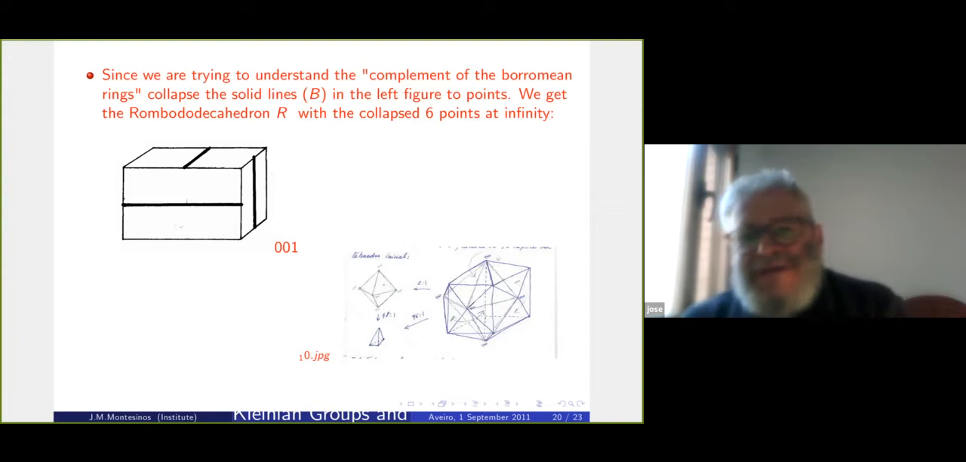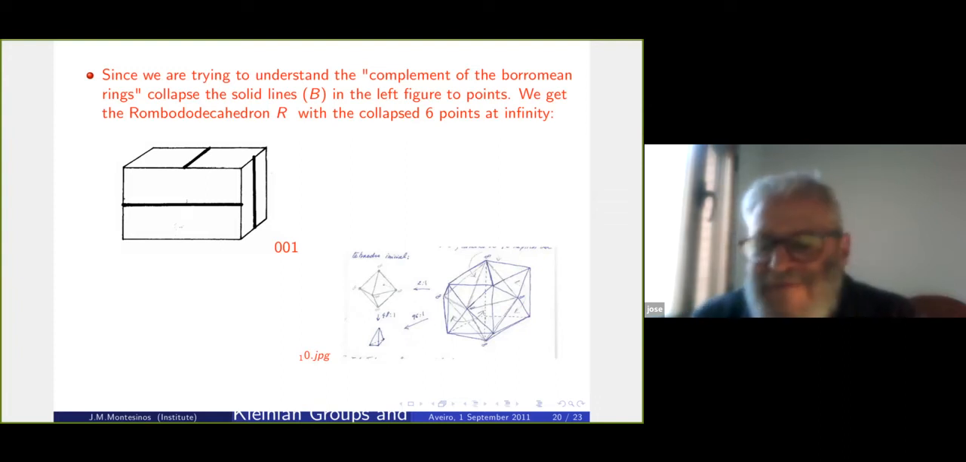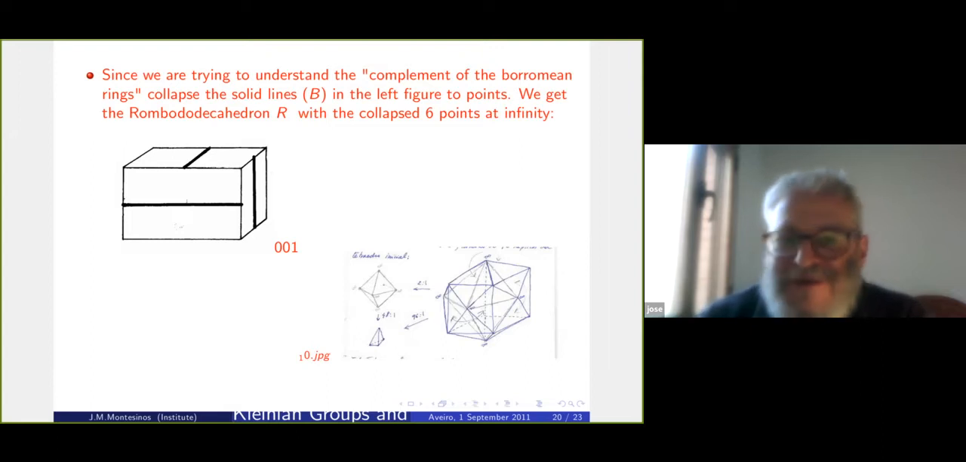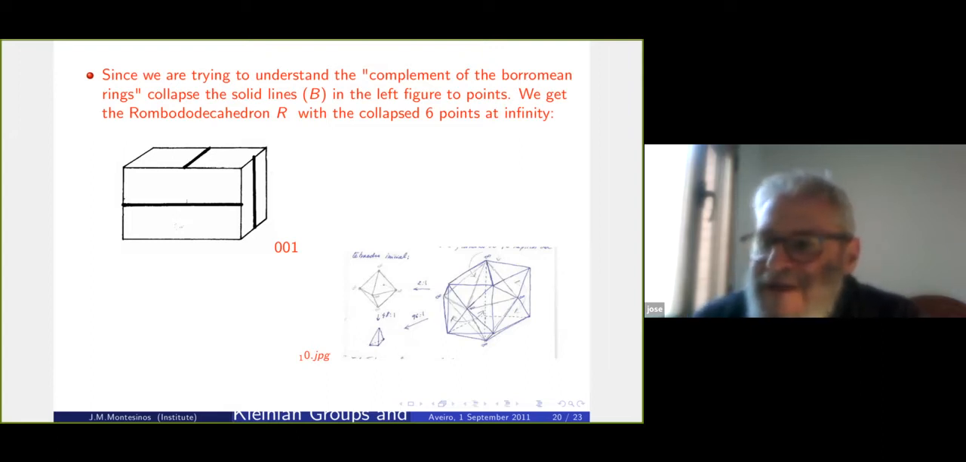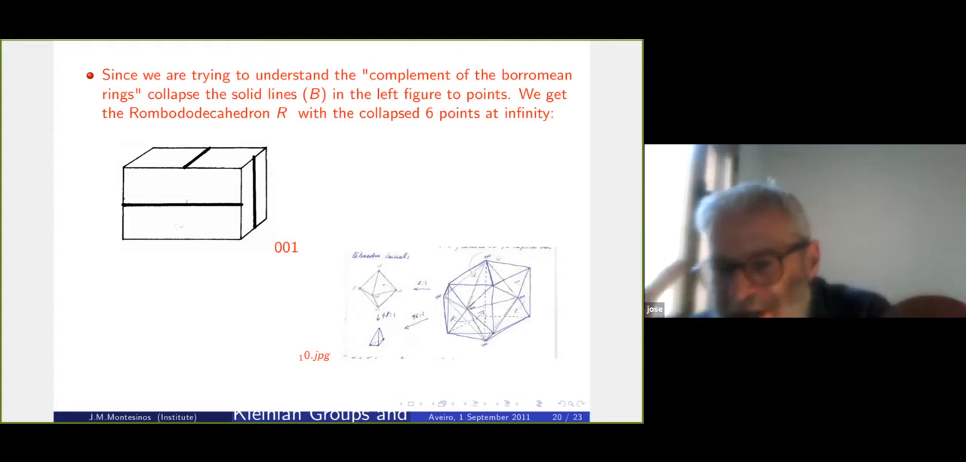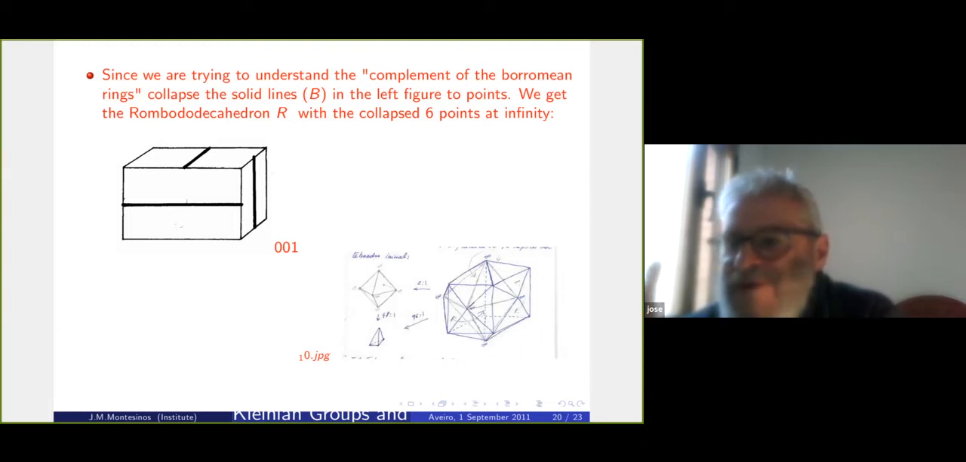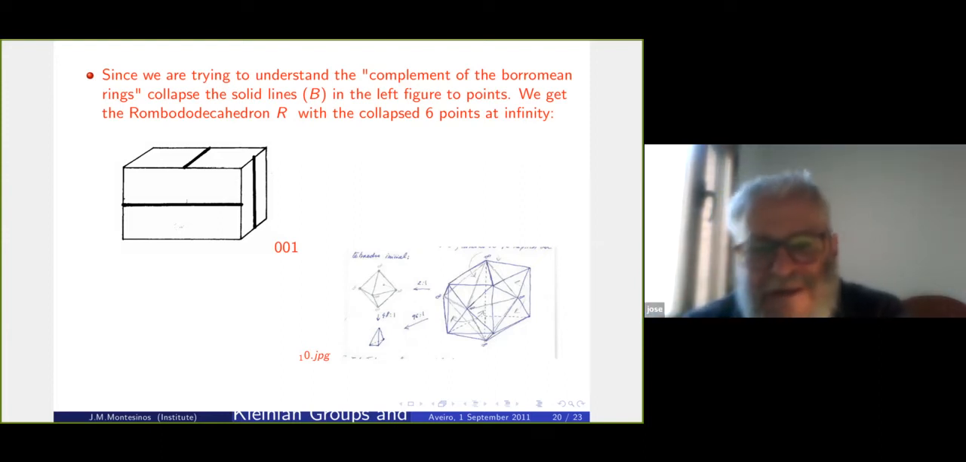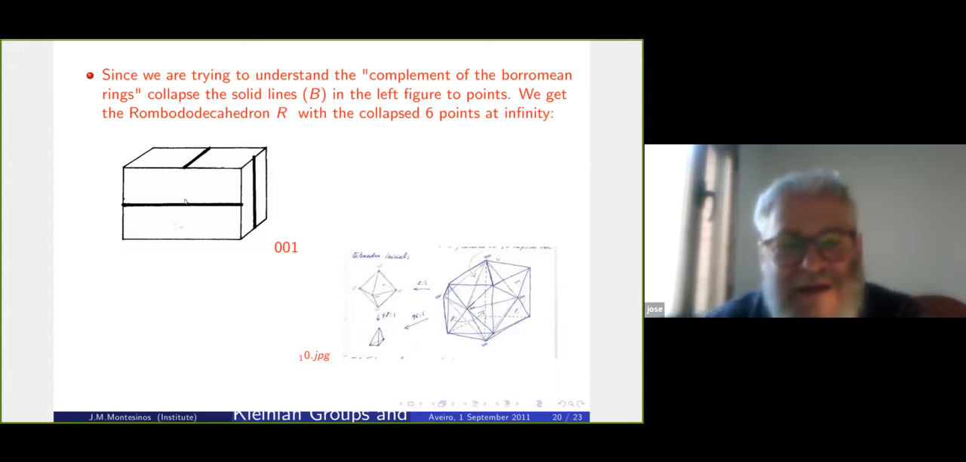since we are trying to understand the complement of the Borromean rings, you have to collapse the solid lines which correspond to the Borromean rings. These Borromean rings go to points at infinity, which are the cuspidal points. So you have to imagine that the Borromean rings are going away and away and away to infinity, and then when they reach infinity, they disappear from your point of view. So to obtain the complement of the Borromean rings in the hyperbolic space, you have to collapse the solid lines into points. And collapsing the top